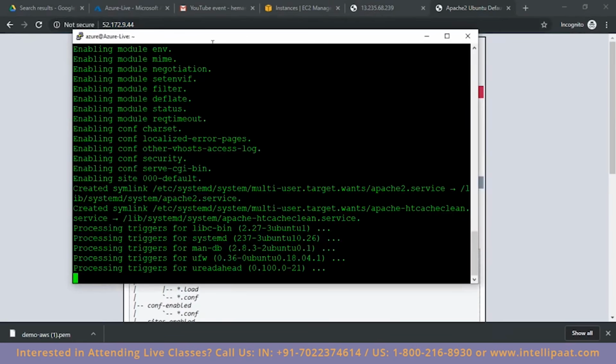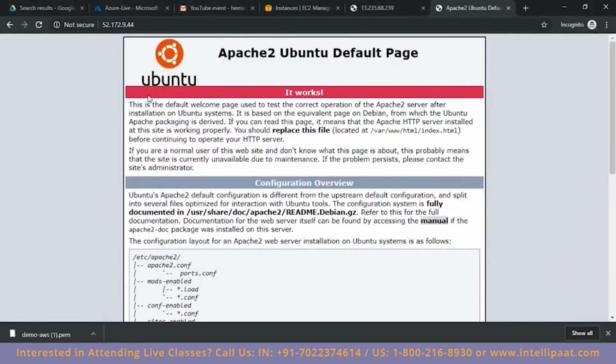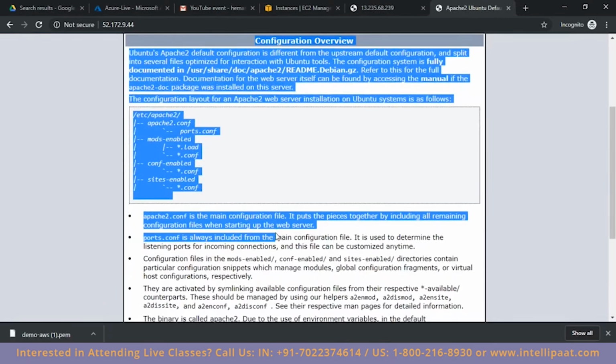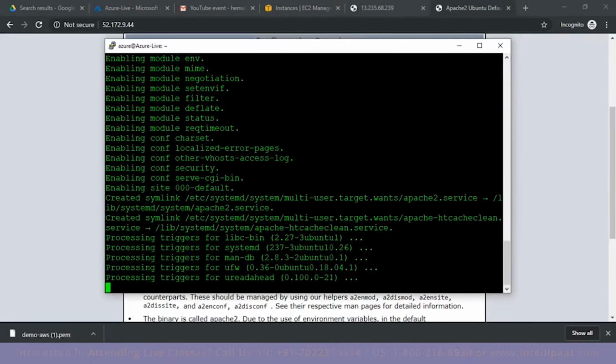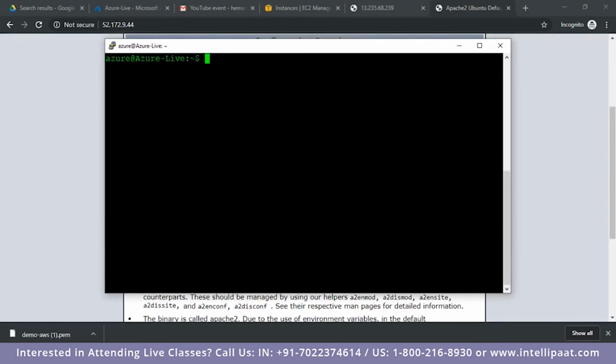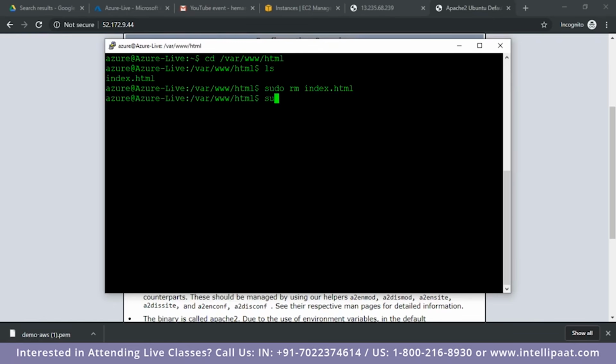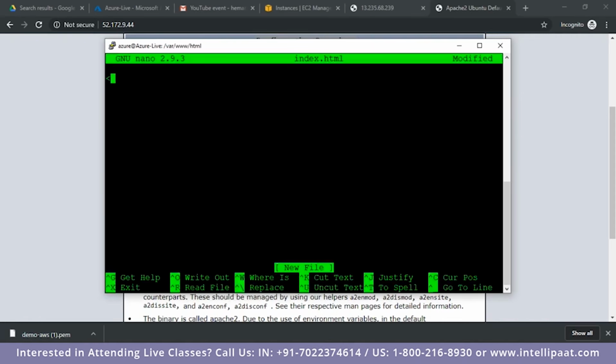It's still doing some stuff over here, probably because it's a little slow to update me, but yes, the Apache software has been installed. And now if I go ahead and change the website by going into that particular folder, I would be able to have that same effect as I had in AWS. So if I go to this particular folder, I just have to remove this file, and I'll have to create one file by the same name, and again a very simple HTML with an H1 which says welcome to Intellipaat,